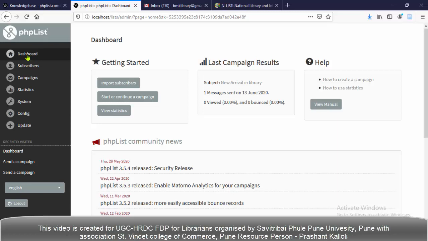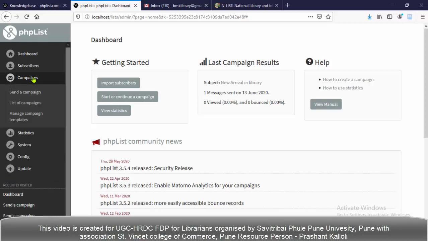So let's start. First we have to go to campaigns, which is on the right side of the menu bar, and select send a campaign.